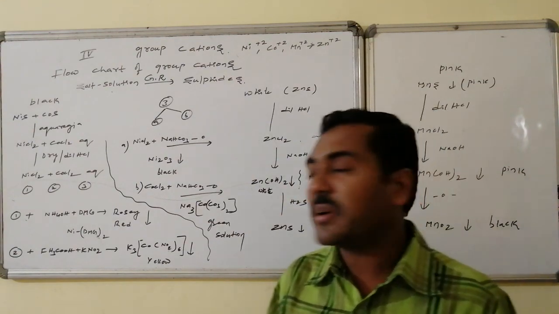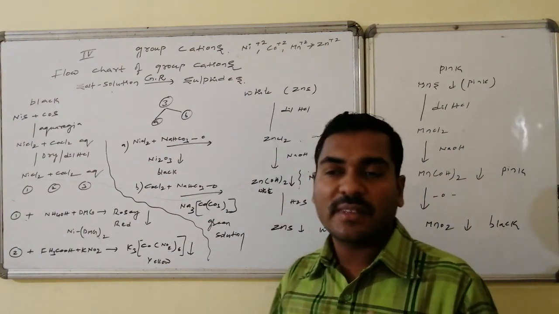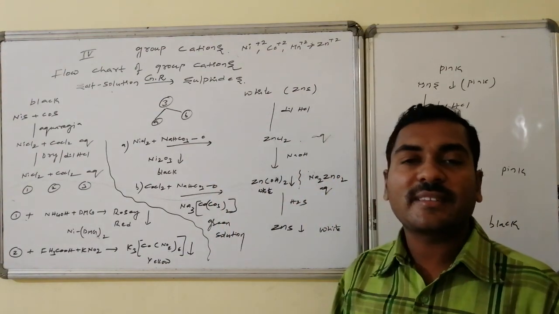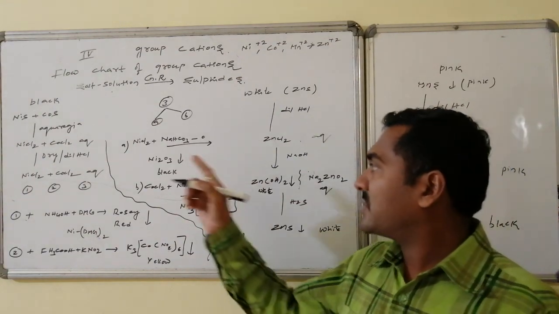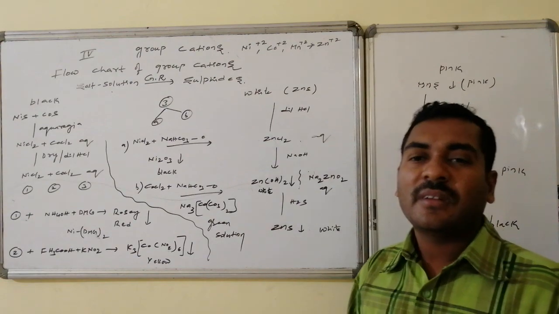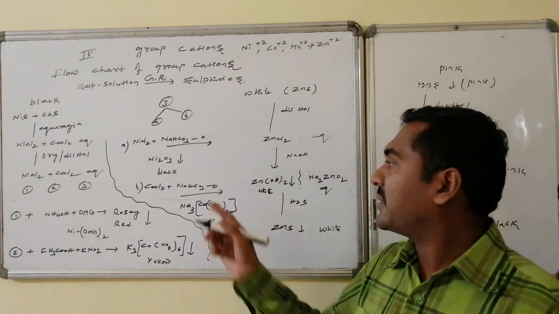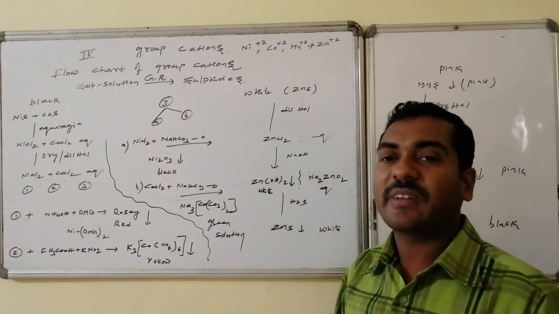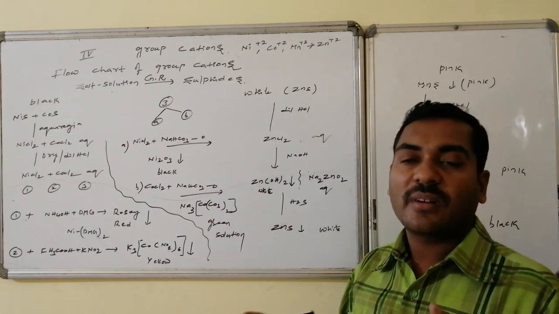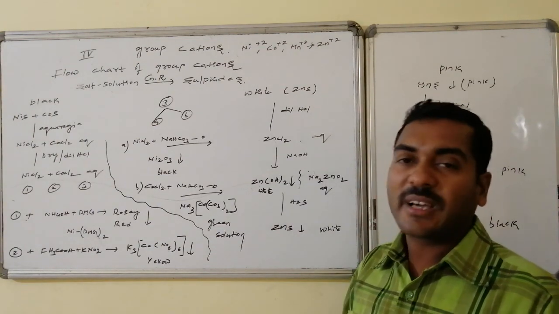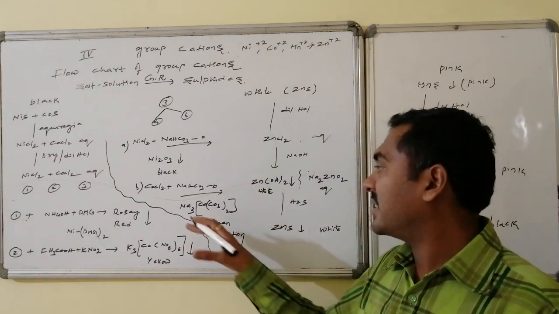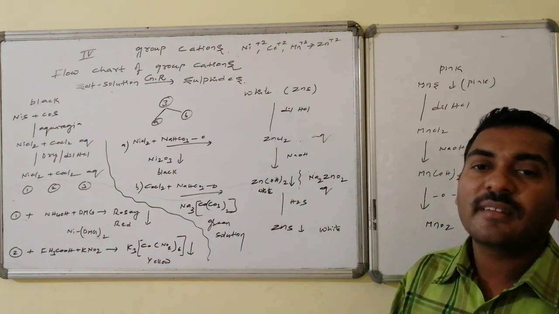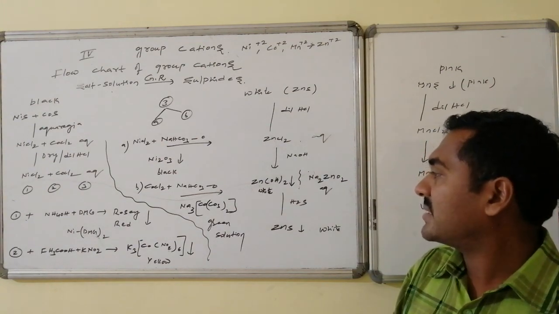Whereas for the third part, two varieties of products are formed with the same reagents. The reagents we are using are sodium bicarbonate and, for oxidation, bromine water. Suppose nickel is there, nickel bicarbonate and nickel carbonate are formed, followed by oxidation, it is converted to nickel oxide, which gives a black color precipitate. If cobalt is there, first of all it forms cobalt bicarbonate, further it is converted to sodium cobalt carbonate combinations, which further undergo oxidation to form Na3[Co(CO3)3], that is sodium cobalt 3 carbonate, hexacarbonate formation takes place. This is hexa, not twice.